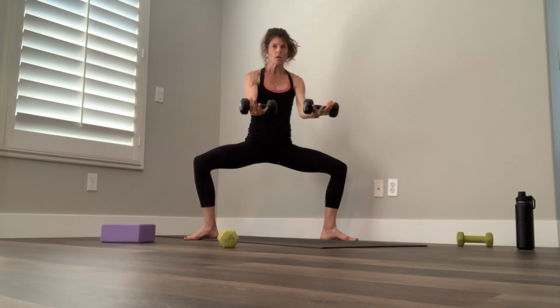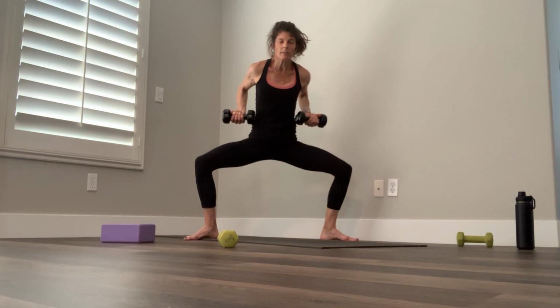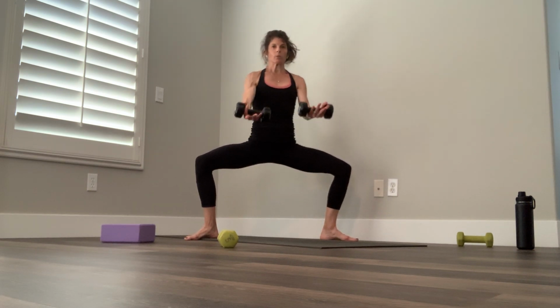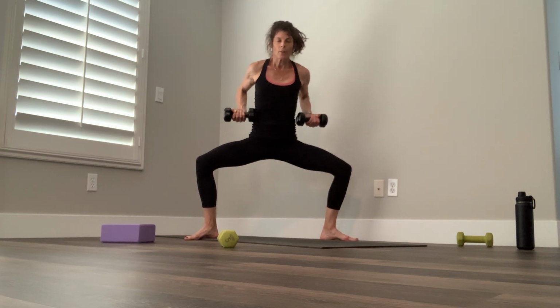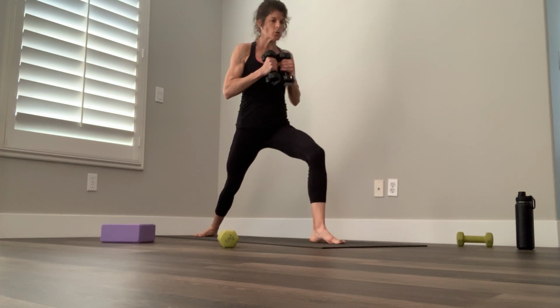Flip your palms up, server rows, press your palms forward, hug your elbows back, press your palms forward, hug your elbows back. Nice flat back, like you're up against a wall. Serve the tray. Keep your chest and your shoulders back for 6, 5, 4, 3, 2, and 1. Hands to heart center, come up, open it up, warrior 2, pivot your chest towards your right knee,